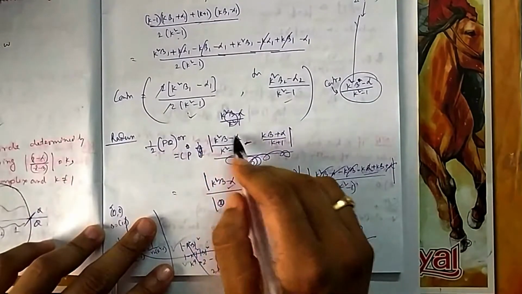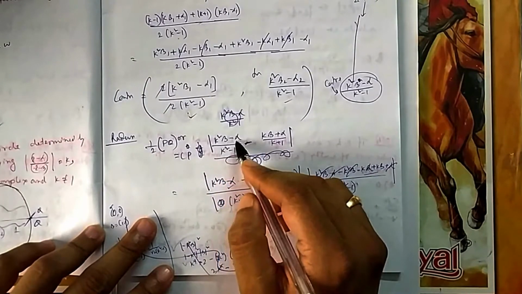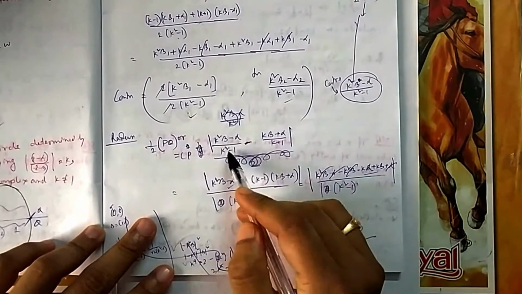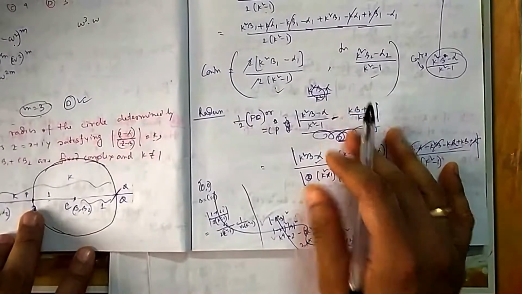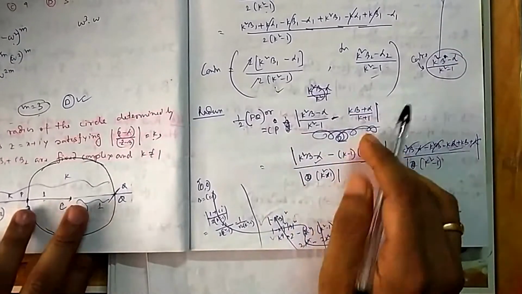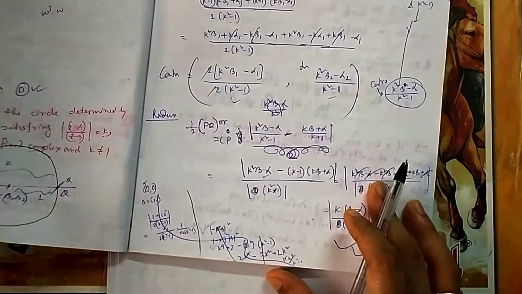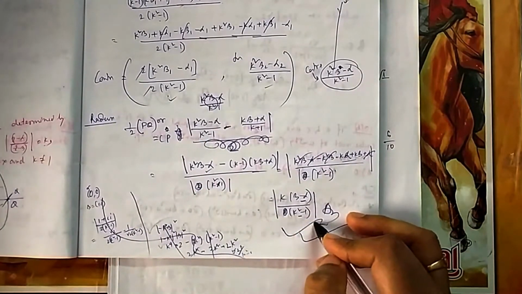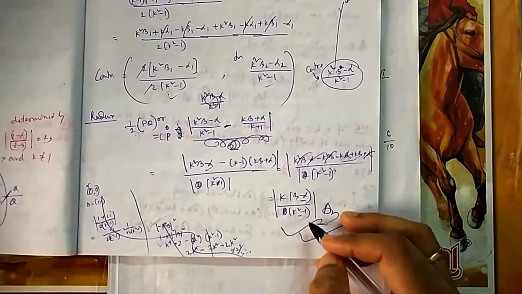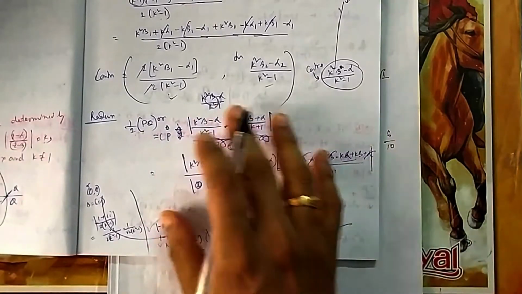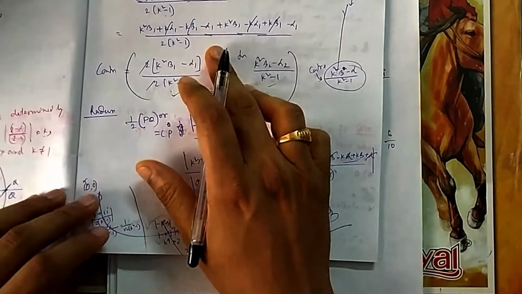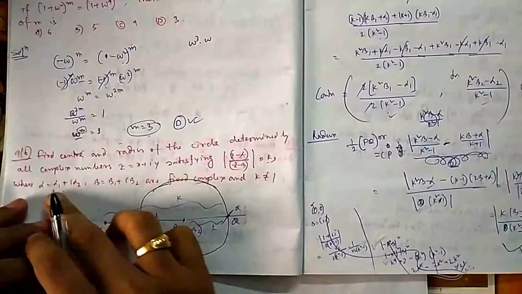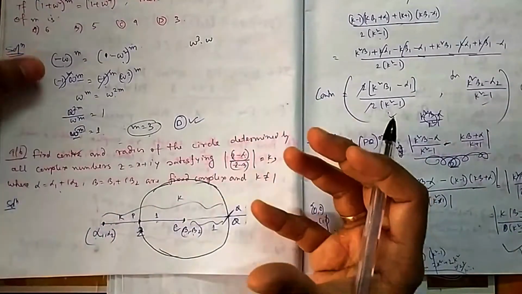In short form I have written k square beta minus alpha by k square minus 1, and this point is k beta plus alpha by k minus 1, the modulus of these two. You can take the LCM, and then finally the modulus will come like this. You can put it in alpha 1 beta 1 format also. It is looking quite jumbled because the values were not given. Had alpha 1, 2, 3, 4, 5 been given, small numbers would have come and it would have been easy.